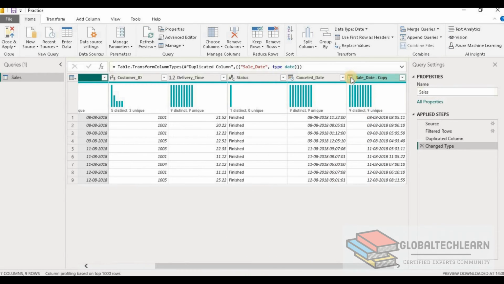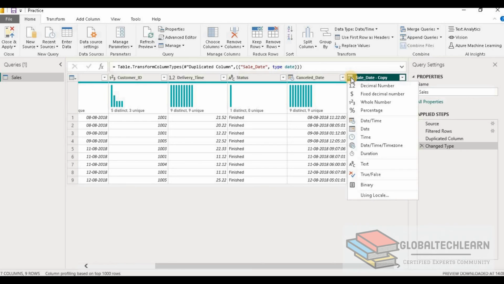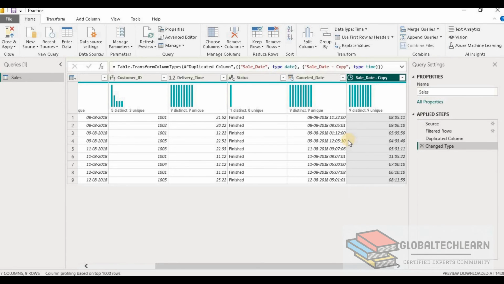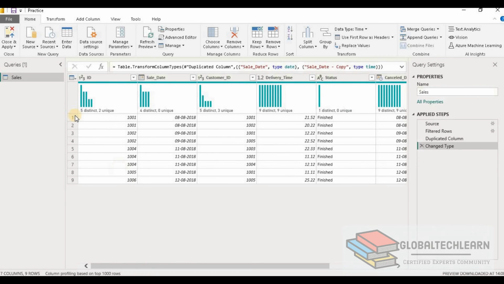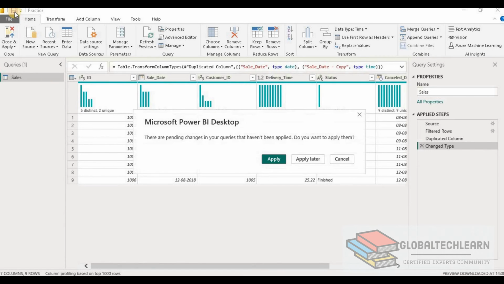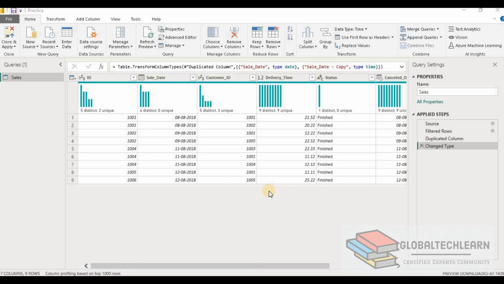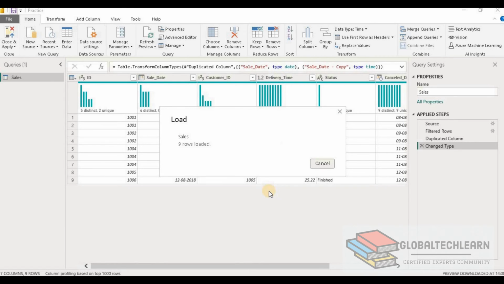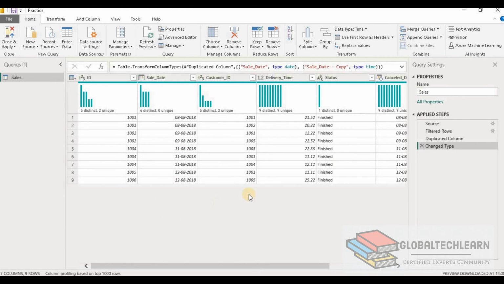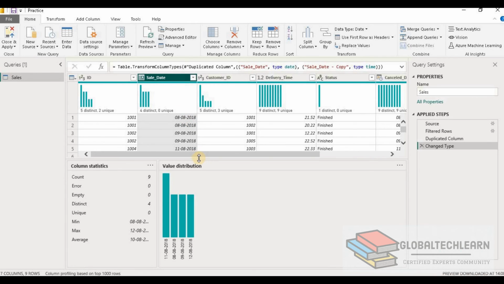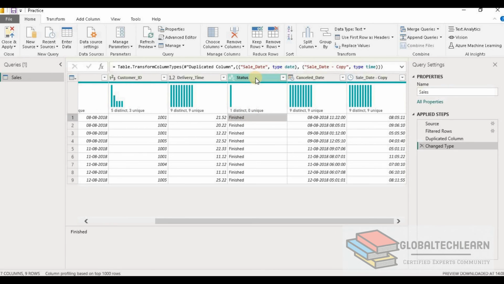And for the duplicate column, we can change it to time only. Now let's save this file. After applying these two steps, users will be able to use sales date with only the date part, and also only the records with status equal to finished. So we are able to fulfill the requirement.